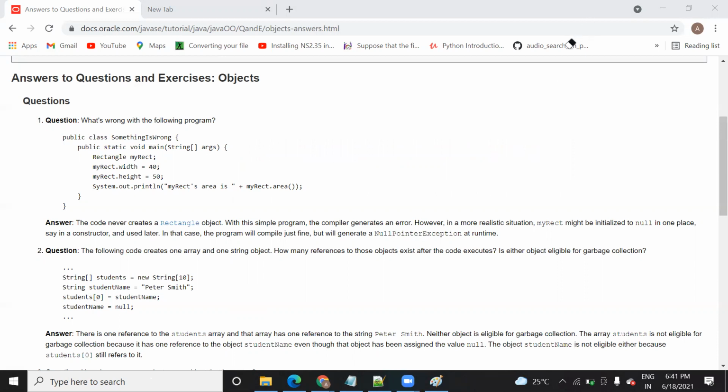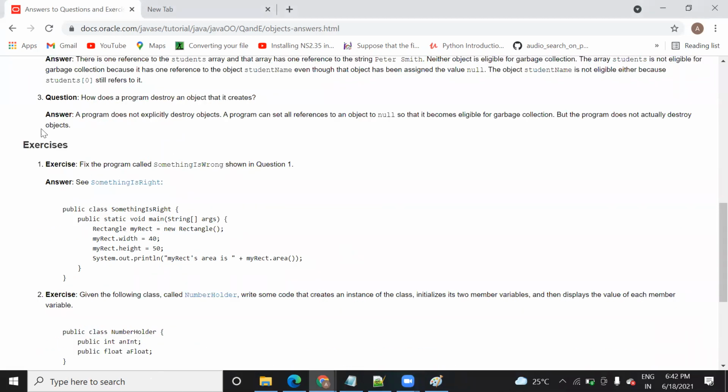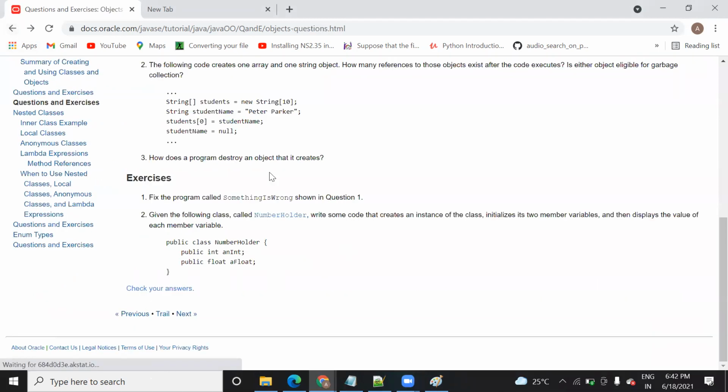This thing is actually called a code snippet, where they will give you such a code and you need to identify what's wrong in this code. They might give you four options, and out of those four options you need to select one, or it might be fill in the blanks where you need to check and answer. Okay. Now let's see the next question. We have already fixed it.